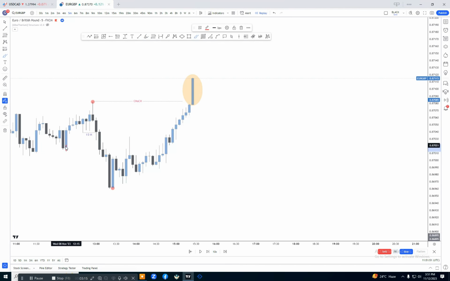Like if we see here, the market was pushing to the upside like this. After creating this high, the market took out the previous low, which was at this point. This was the previous pullback. After taking out the pullback, our higher high was confirmed here. Why is this higher high confirmed here? Because this previous low acts like an inducement. After taking out the inducement, our higher high was confirmed here, and the market continued pushing down to the downside.